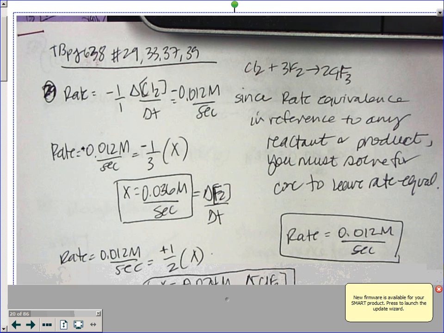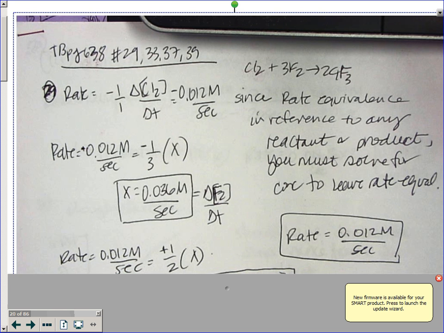All right, so then as you address the fluorine, it has a coefficient. You'll do that as 1 over 3 as it relates to the chlorine, since it's a 1 to 3 ratio, so there's no other coefficient here involved. So as you saw for the consumption of fluorine, it's 0.036, so it's 3 times as high. And then separately,